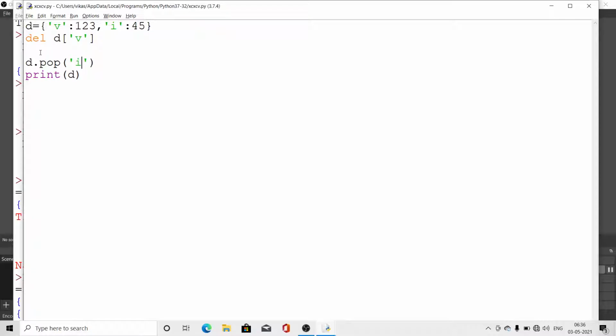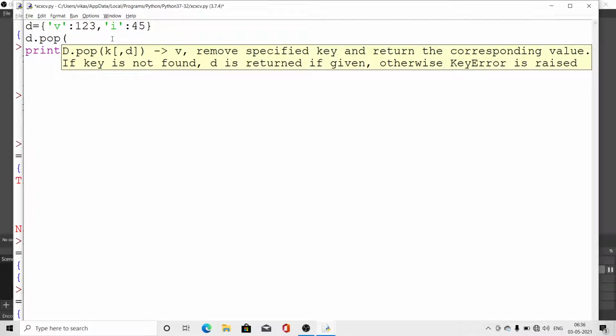So look here, the dictionary is empty because earlier with the help of del I deleted the v, and then I deleted with pop. So come, we will see the differences I showed, how to delete by using del and by using pop. And I am writing here d dot pop, I wrote here vi. Let's see what will happen. I think again an error will be given. Yes, key error because this key does not exist.